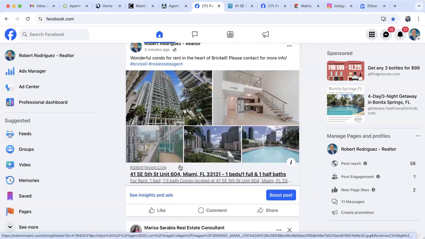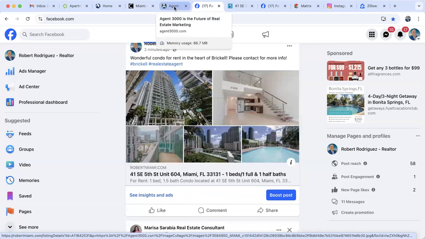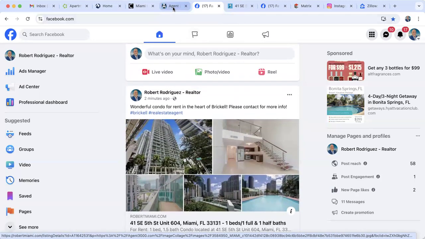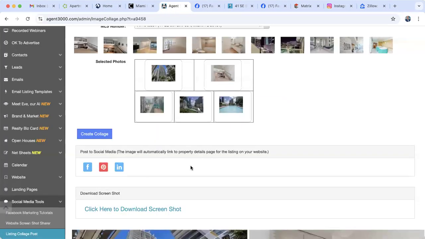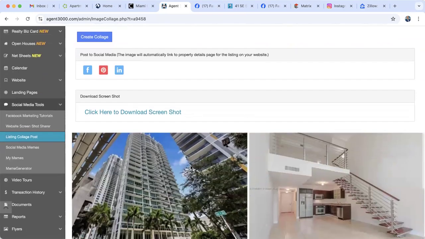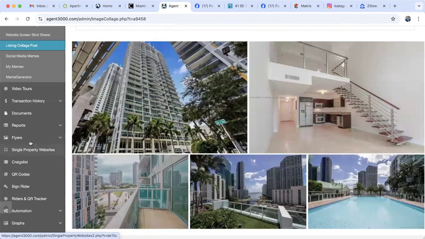Now, of course, there are other ways through Agent 3000 that you can take advantage of. So we mentioned that this is not allowed on Instagram. So how can we do an Instagram post? Well, you can do flyers. And of course, flyers, you can convert them into images. So on the left, look for flyers,